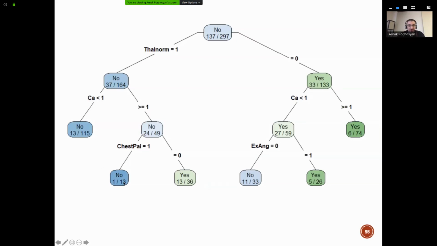When you see this darker blue, it means that the purity is becoming bigger, so the Gini index is becoming close to 0. You see here 13 versus 1. So there is a very big dominant second class. It means that this node is rather pure. But when you see a light color, for example, 24 and 49, you see that this node is not very pure. In the case of green nodes,